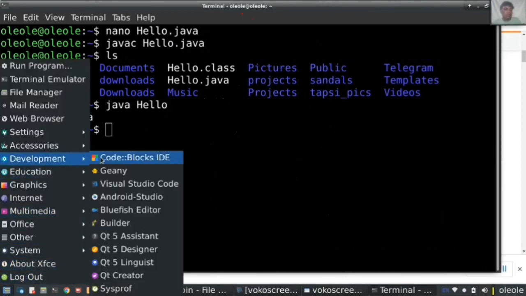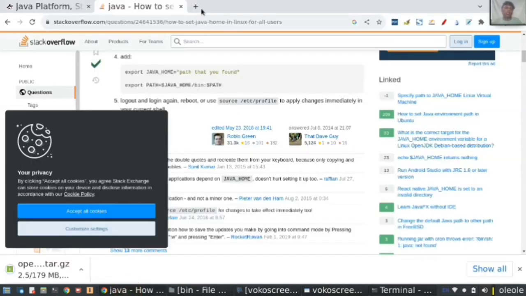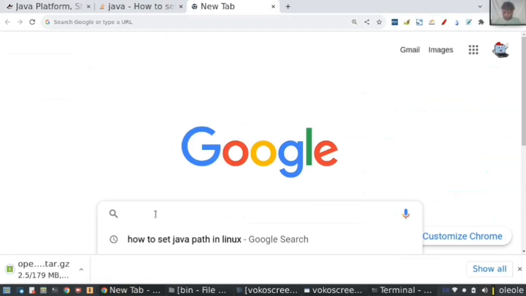I have to first install it. To install BlueJ, just open Chrome and type BlueJ for Debian,